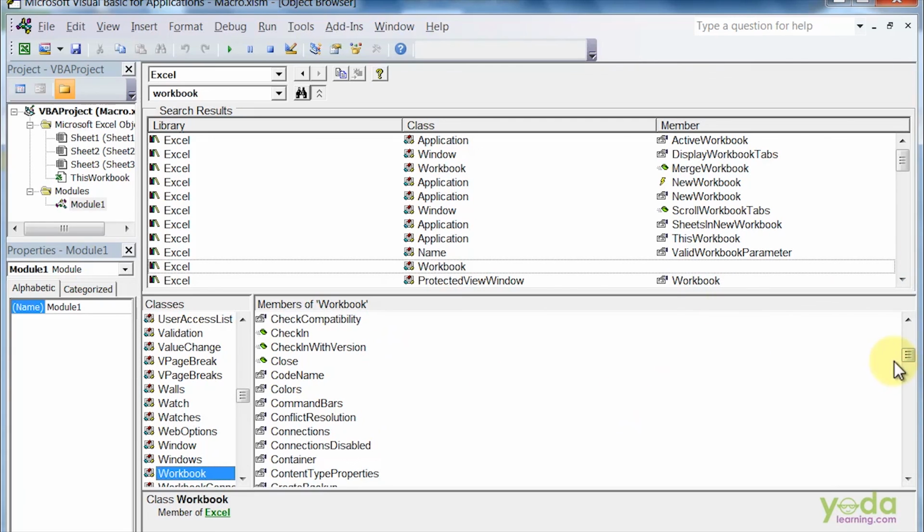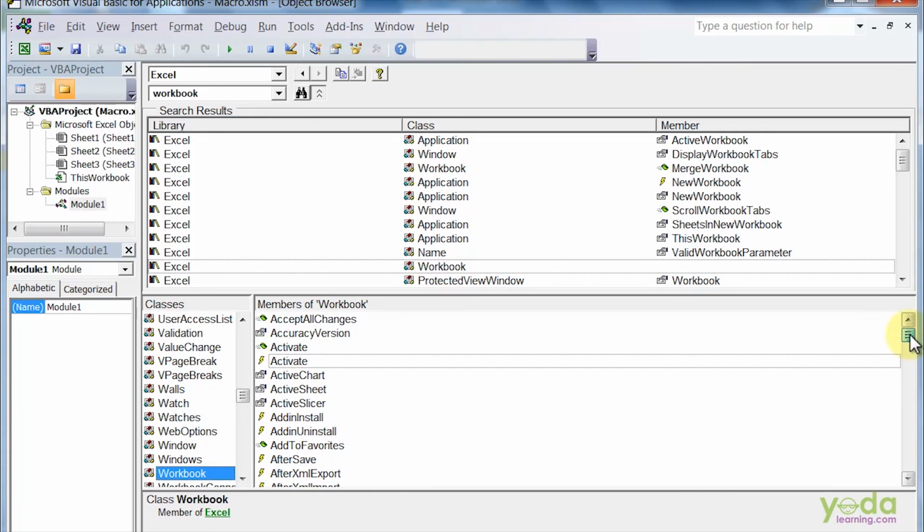So you can use any of the properties and methods, and you can work with your object with the help of the Object Browser. In our further videos, I will let you know how to work with these objects and Object Browser members. By that time, practice this and see you in the next video.